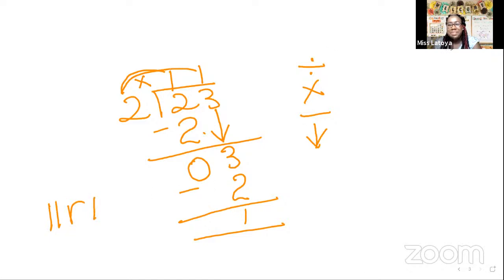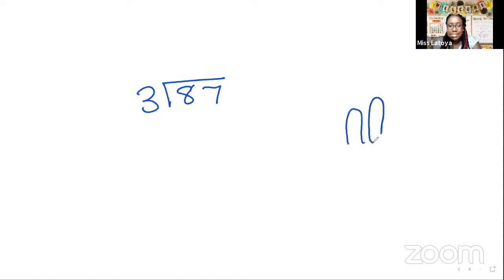Nice. Let's do our next question. Let us work out 3 into 87. 3 into 8. How much times could 3 go into 8? Let's see. 3, 6. If I go on to the next number, I'll be getting 9. That'll be too much. So 3 can go into 8